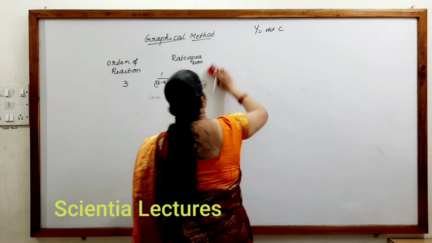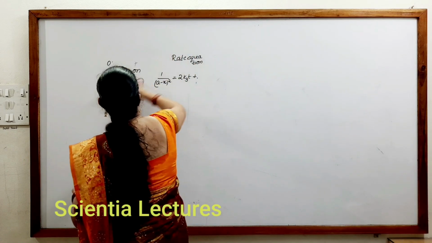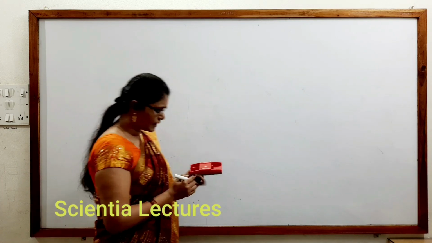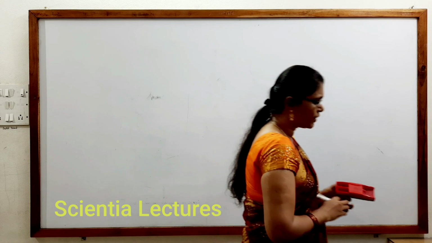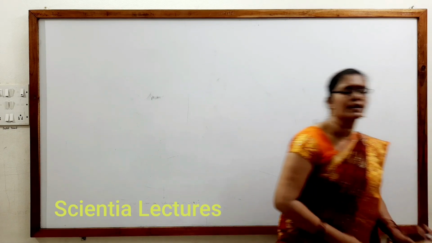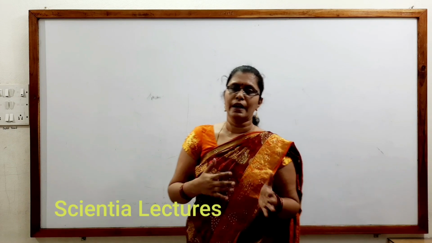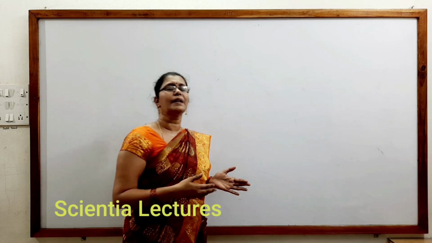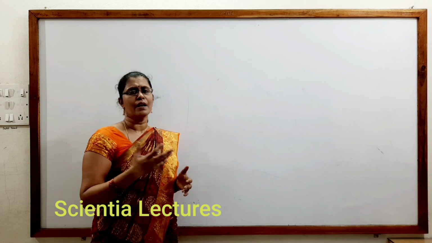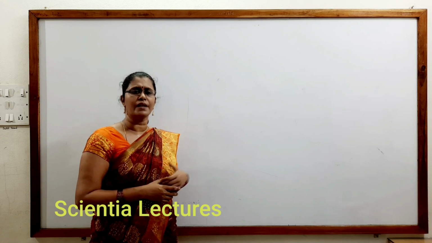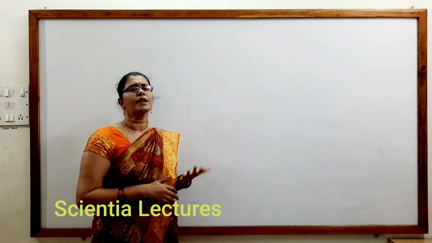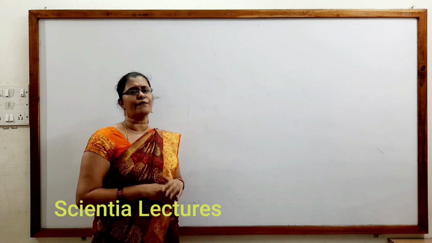From the graph, you can identify which order it is. Now, remember carefully, what are the main methods to determine the order of reaction we have discussed now. So, initial rate method or Van 't Hoff differential method, both. Rate of reaction, how it depends on concentration of the reactant. When concentration gets changed, rate of reaction gets varied. How many times it gets varied also indicates the order of reaction.